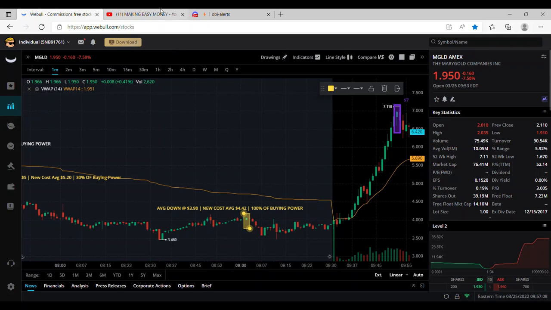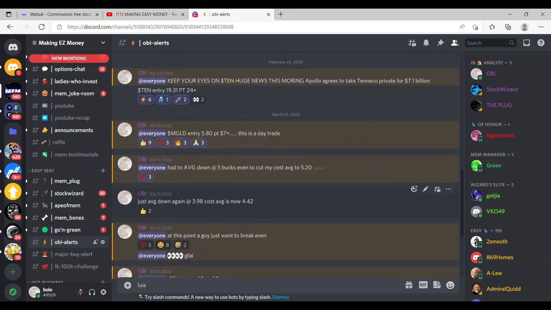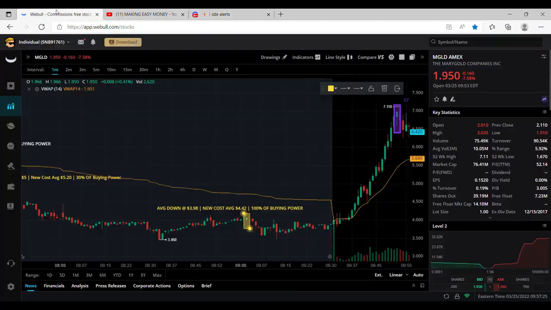The price target is still set at $7, guys. $7 price target, as you can see here, $7 plus. Here, this is the price target, 7 plus, and this is a day trade. I let everyone know what type of trade it is. So if we look back at the chart,